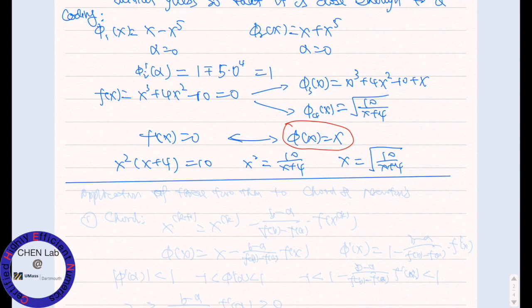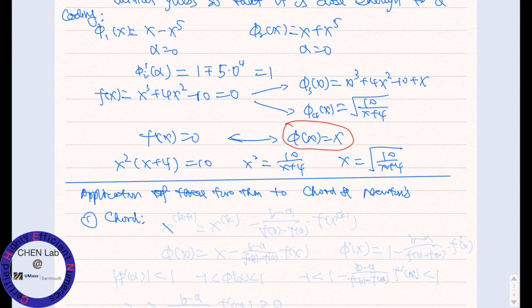I do want to talk about the applications of these two theorems above, to let's say the chord and Newton's. Number one,